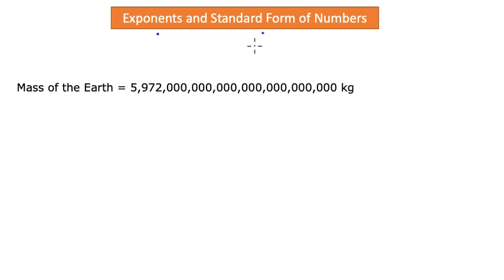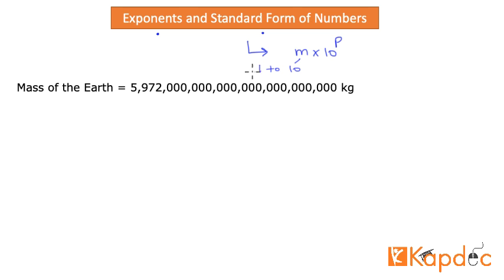And what is that form? The form is in this manner. Any number when you write in the form of m times 10 to the power p, this is called standard form of a number. Now there are two parts in this expression. One is m, a number between 1 and 10, okay? So keep in mind, we are saying a number between 1 and 10. And 10 to the power p is the exponential part, with the base of 10, and p is of course any number, it could be positive or negative.